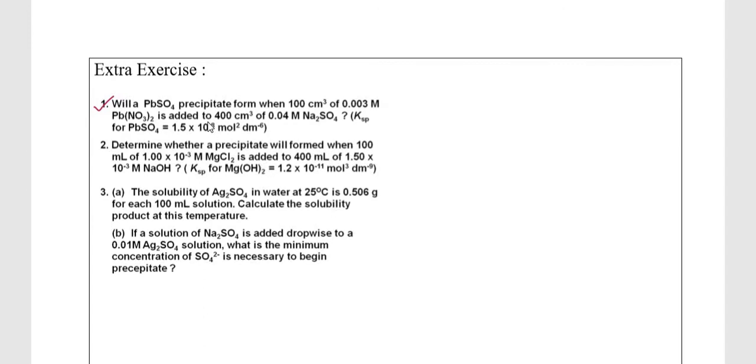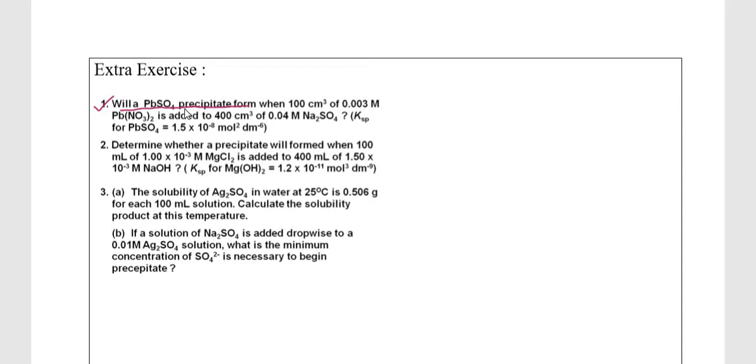Okay. Will PbSO4 precipitate form? He asks, is PbSO4 formed, if 100 cm3 of 0.003 molar Pb nitrate is added to 400 cm3 of 0.04 molar sodium sulfate. So, you have to look at the condition, whether QSP is greater than, less than or equal to KSP. Only then can you determine it. Right? So, here